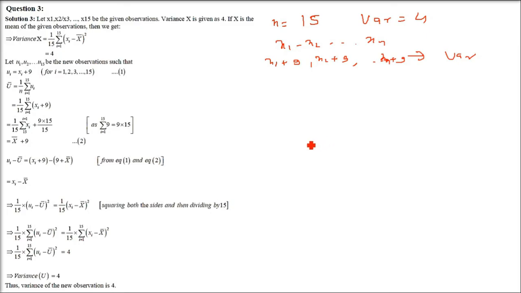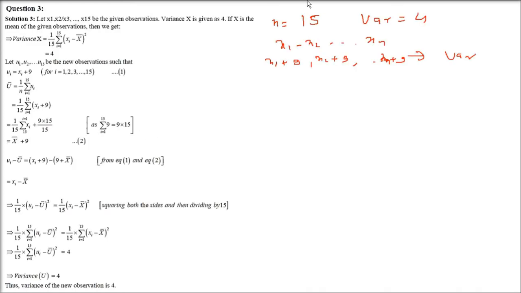So you have the first list and the second list. The first list is x1 till xn. The second list is all the elements just added by 9. So if I take you back again, you can take example 5 of R.D. Sharma, example 5 of this particular discussion, and this is given in your NCERT book also. So let me show you by derivation or proof what the answer will be.